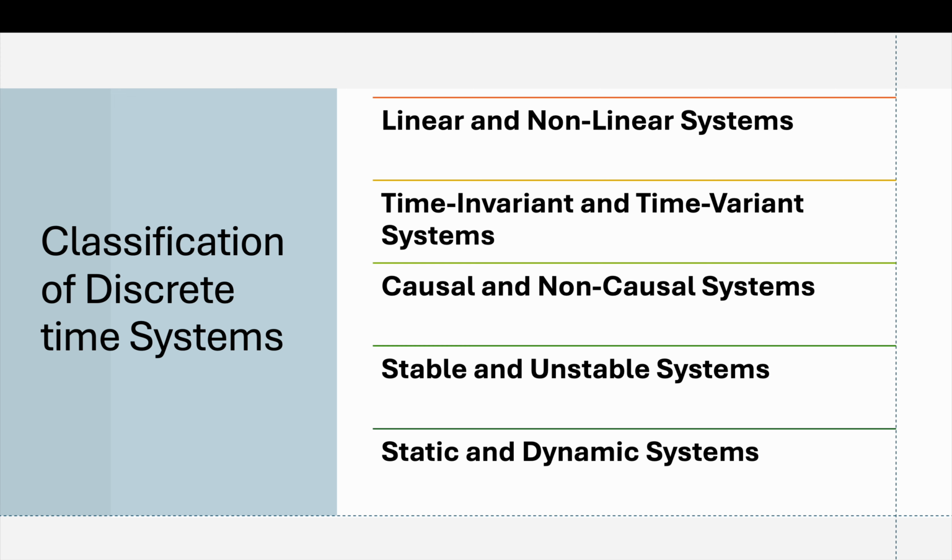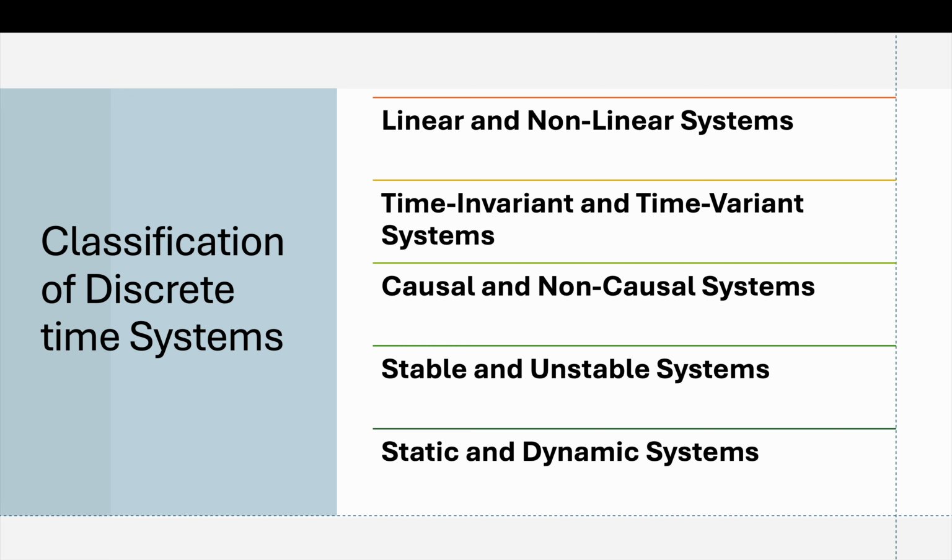An example is that sometimes we have a system which works better at a particular temperature, and if the temperature changes, the behavior of the system also changes. So in the daytime it may work in one way, at night when it is very cold it may work in a different way. Like this, time invariant and variant systems can be defined. If the input output relationship does not change with time, then we call it a time invariant system. If it changes, then it becomes a time variant system.